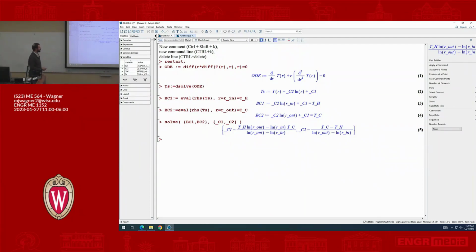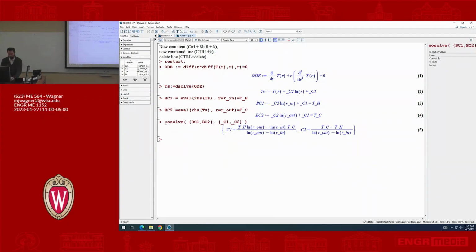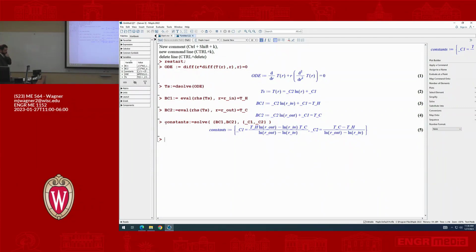Okay. I'm going to call this stuff constants so we can keep track of those. So now we've got our constants of integration. And we can go back and update our solution TS to actually sub in these constants into the expression. All right, so we'll use the same name, TS, and we're just going to replace it with our new assignment. So we'll say TS is equal to